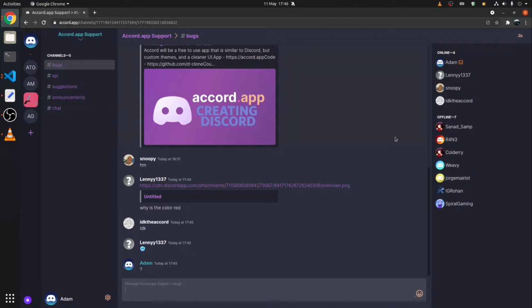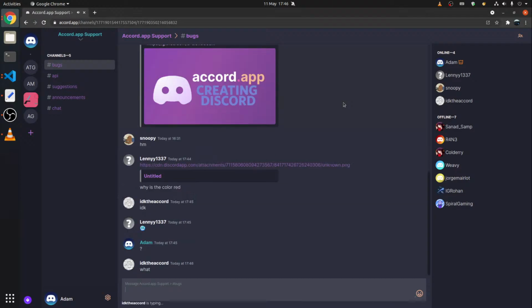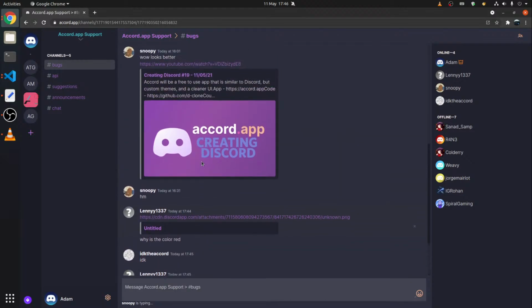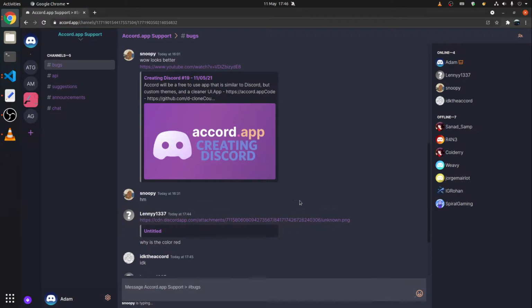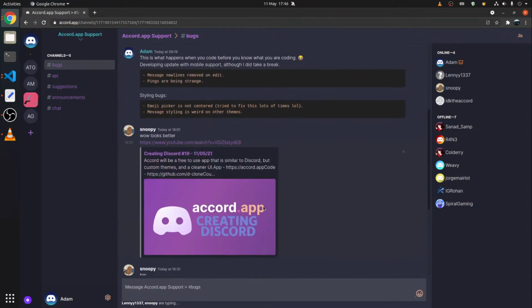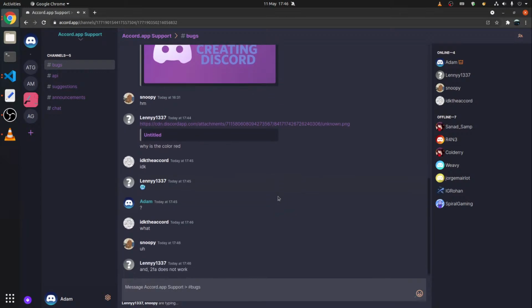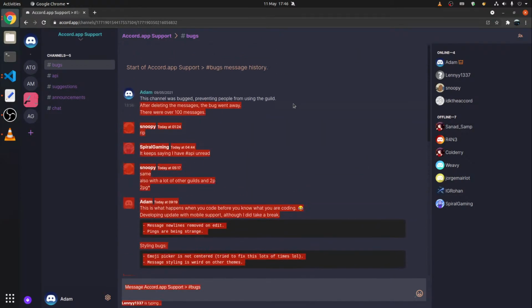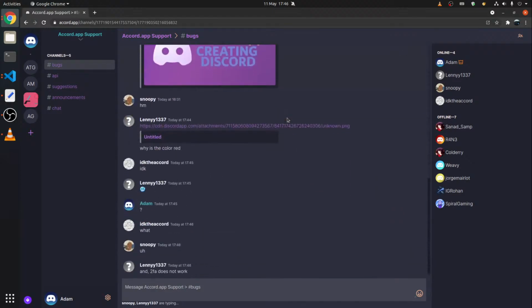Yeah, so this is what it looks like with multiple people. It doesn't show anything to me. 2FA, it does work if you refresh, but that code is invalid. I don't know why it says code is invalid. Maybe